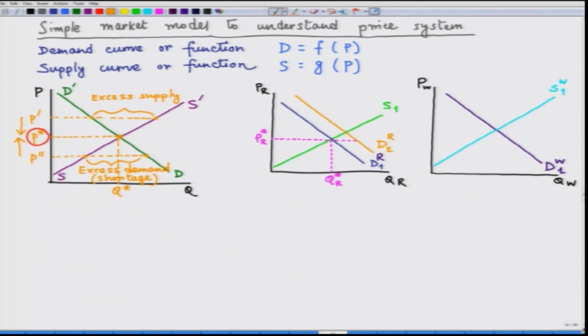Of course, we can see here that there is some excess demand in the market, and hence there will be an upward pressure in the market of rice, and the equilibrium price will rise. So, the new equilibrium price will be at the new intersection point between the new demand curve and the original supply curve.